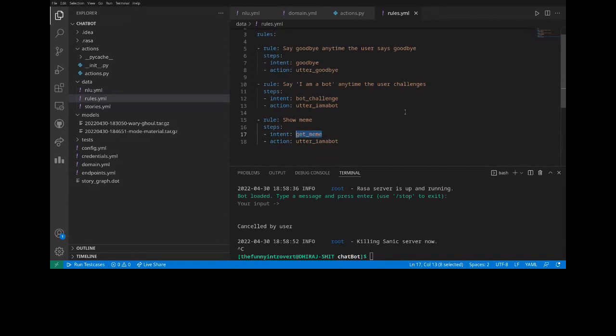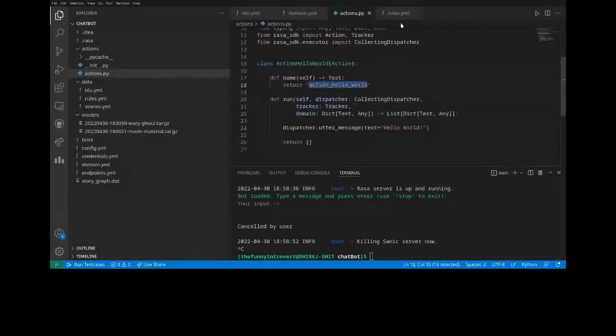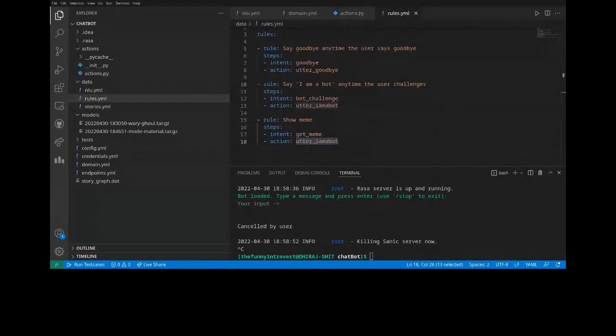So if get_meme happens, then the next step will be nothing but doing an utter, and let's say we will do some action, so that action will be here. Now here we don't have an action as anything except utter I am bot, but we have something called action hello world. Now it might have gone a little complex, but what we are going to do here is a simple step: it will check okay, get_meme is here, and when we know that in intent there was get_meme, the next step will be nothing but to do whatever the action here will be. Now let's check. Okay, we haven't put any action yet, we are just going to train.